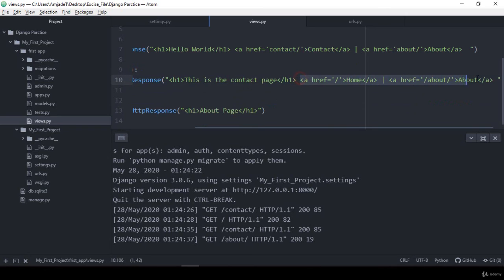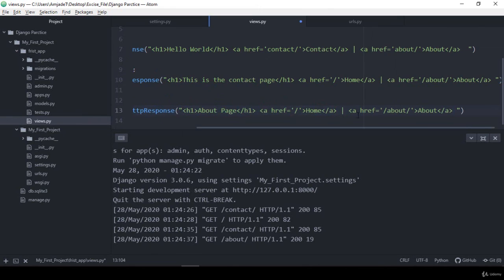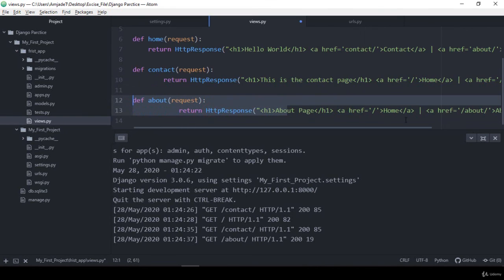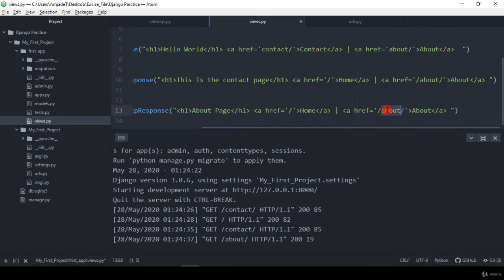Also I have created another one for our about page. Into this about page, I also want to put those two links. So I just simply copy it. Okay, now here, that is our about. In that particular area, I want to display our about, and that is our about page. So here it should be redirected to our home, and for the home I have already defined that home route, and that is our contact. So here I want to define our contact page,